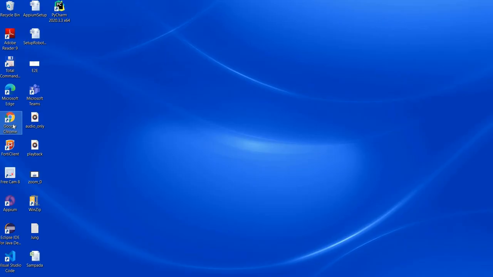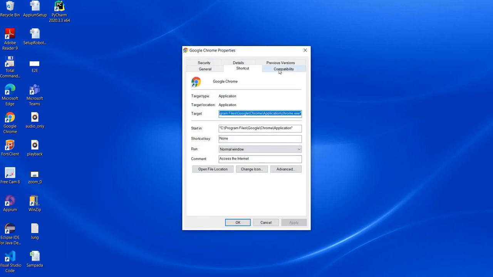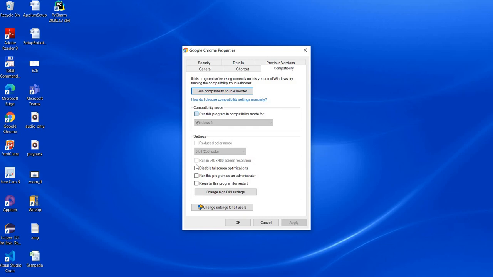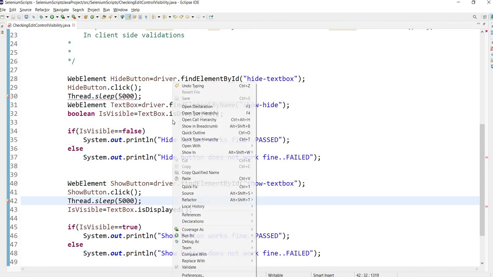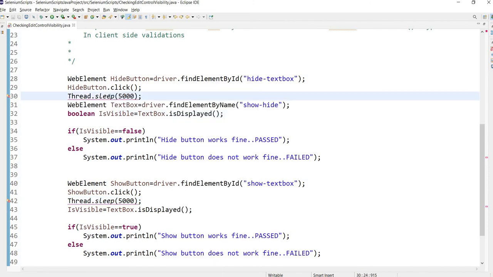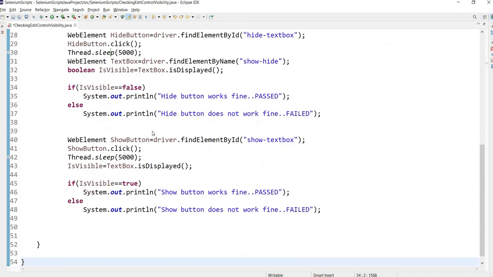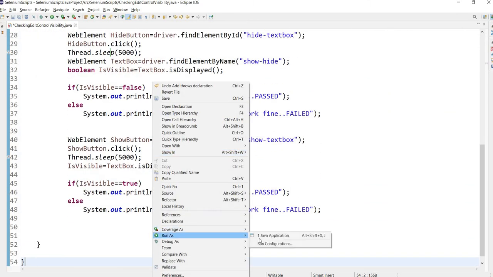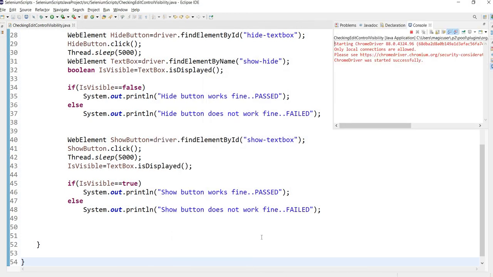Here again I need to go here to set that compatibility checkbox. You guys don't do it. I'm again repeating, you don't do it in between. This is some problem on my machine. And now this Thread.sleep has an unhandled exception, so I'll say add throws declaration. We have to just mention it. So I'll say run as Java application, and now let's see.